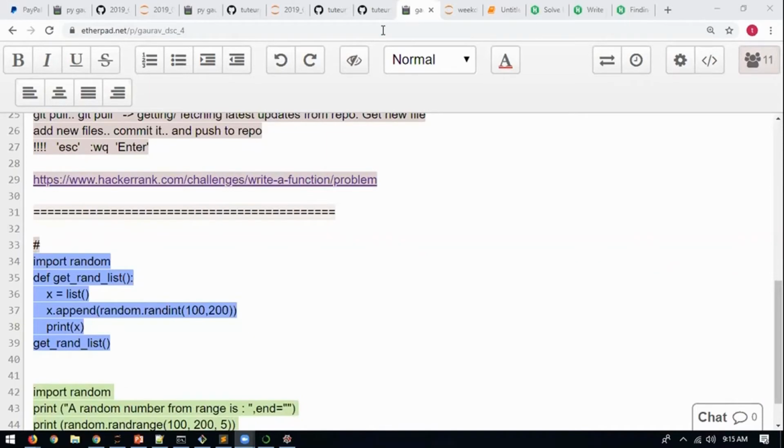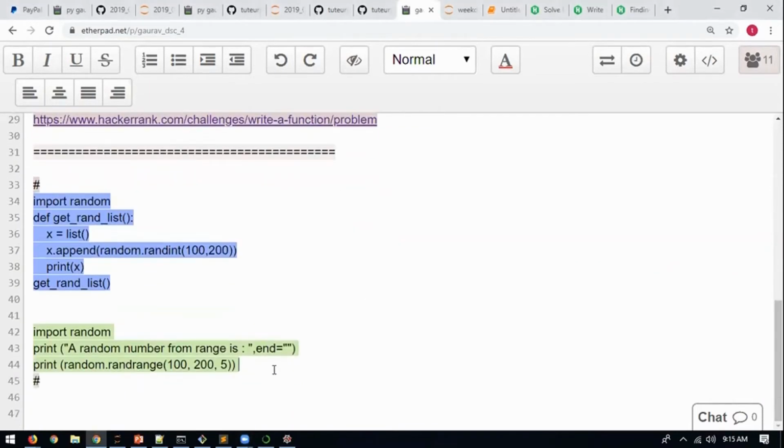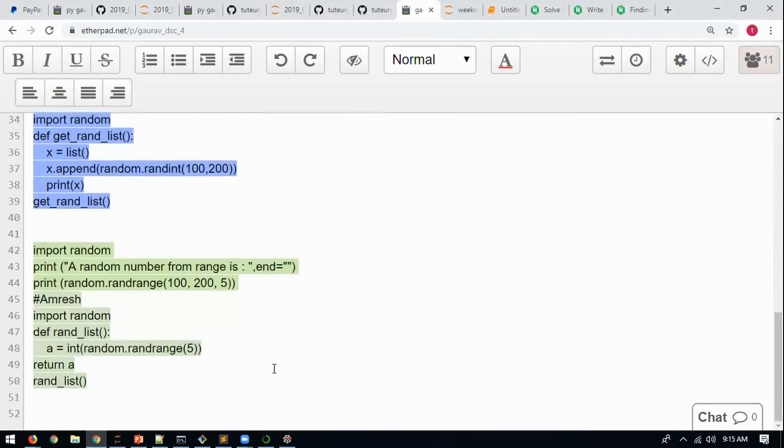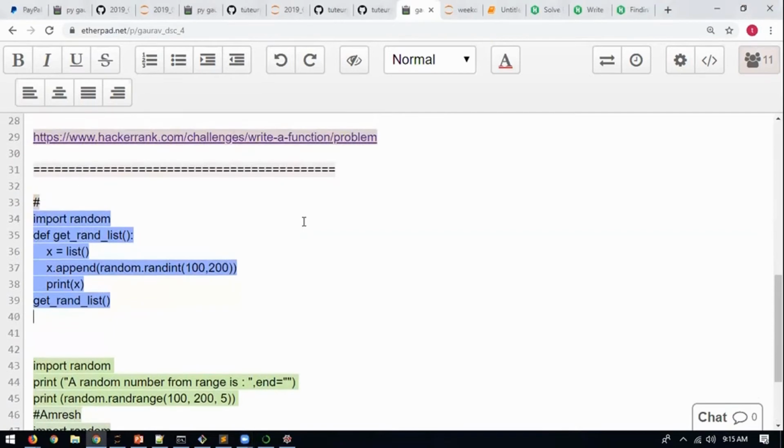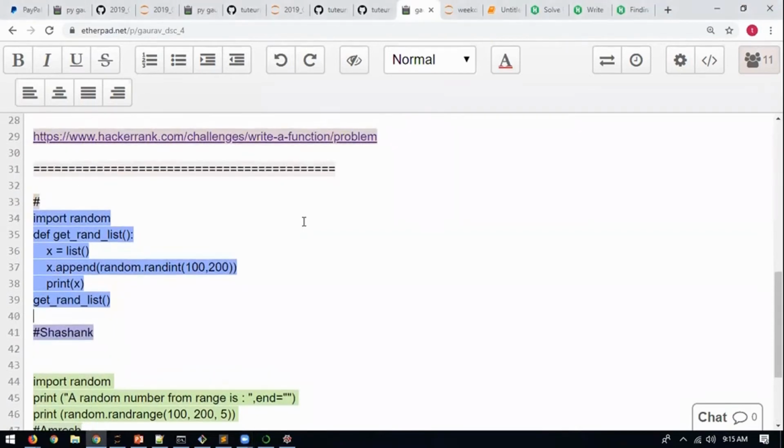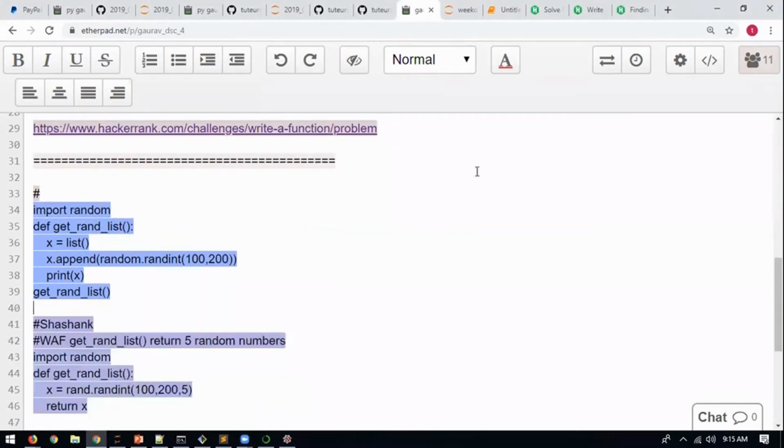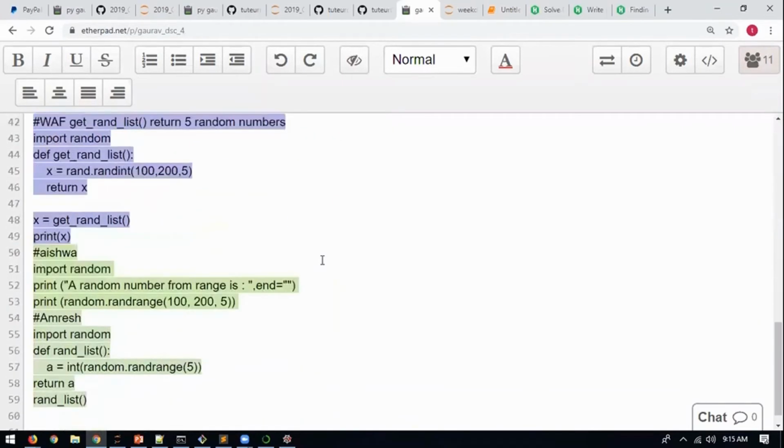So paste it quick, with your names. Don't wait for it to finish, paste it.